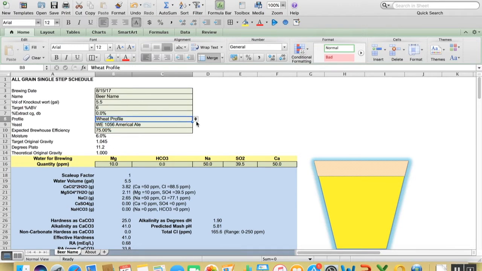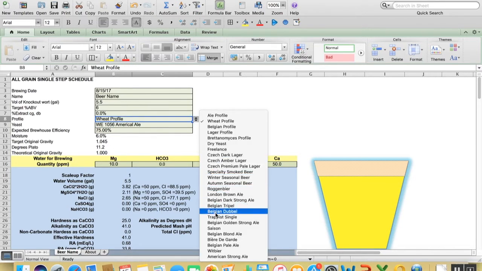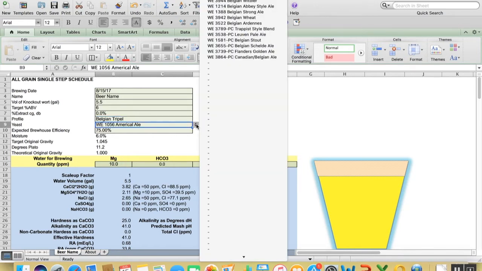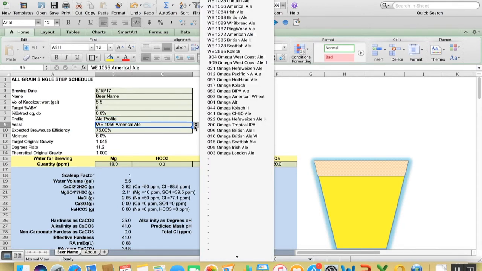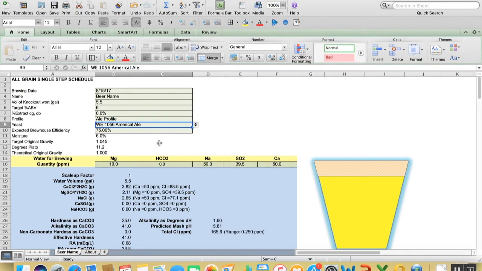And as a final demonstration, if you want to make, say, a Belgian tripel, that is a style of beer, it's going to pull for you all the yeasts that are available, in this case, White Labs yeast. I didn't set up my database with Wyeast, only White Labs and Omega. Okay, so let me go back to my ale profile and then set up with a 1056. That is quite a standard yeast. So the next thing is going to be just miscellaneous things like brewhouse efficiency, moisture, and so forth. So going down